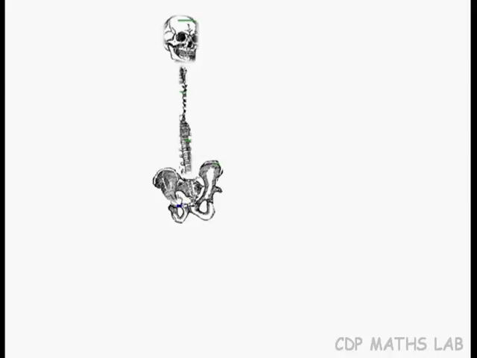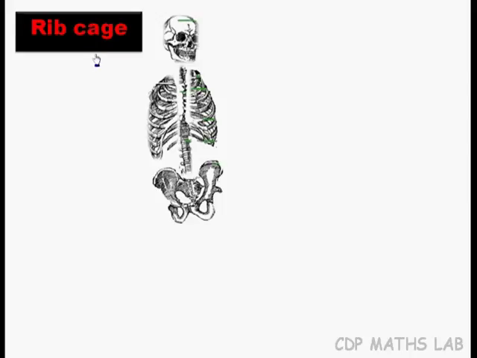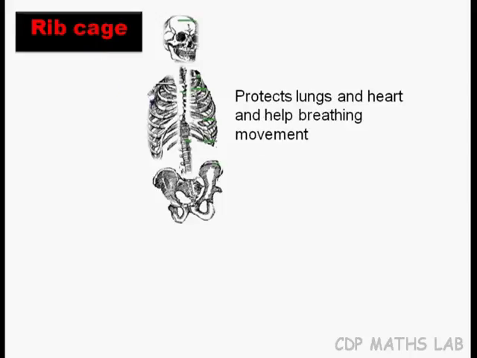And of course, you remember this, the skull and your vertebral column. And what is this one? Your pelvic girdle. And this one, your rib cage. Very good. Now, what's the function of the rib cage again? It protects lungs and heart and help